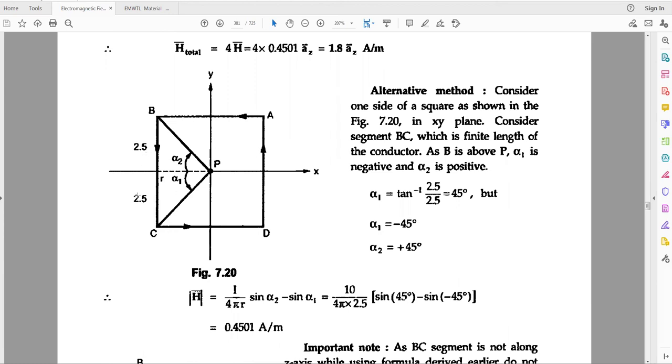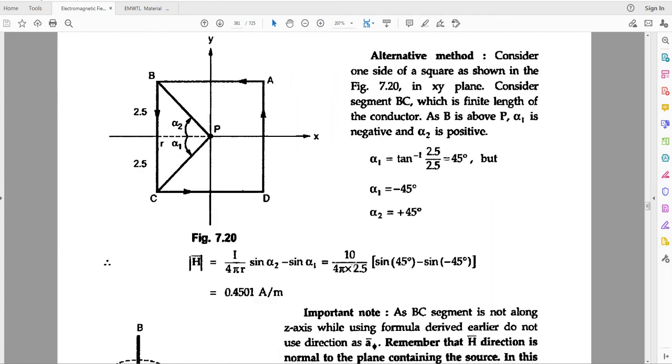Otherwise, by using the formula we derived previously, with alpha 1 and alpha 2. In alpha 1, the opposite side is 2.5, and the adjacent is also 2.5, because it's the same distance from point P to the x value, or P to the y value, or P to the z. So H is I by 4 pi r into (sine alpha 2 minus sine alpha 1). I is 10, the given current. 4 pi into r, which is 2.5. Okay. Then sine 45 degrees minus of minus sine 45 degrees, since tan alpha 2 is 1, because